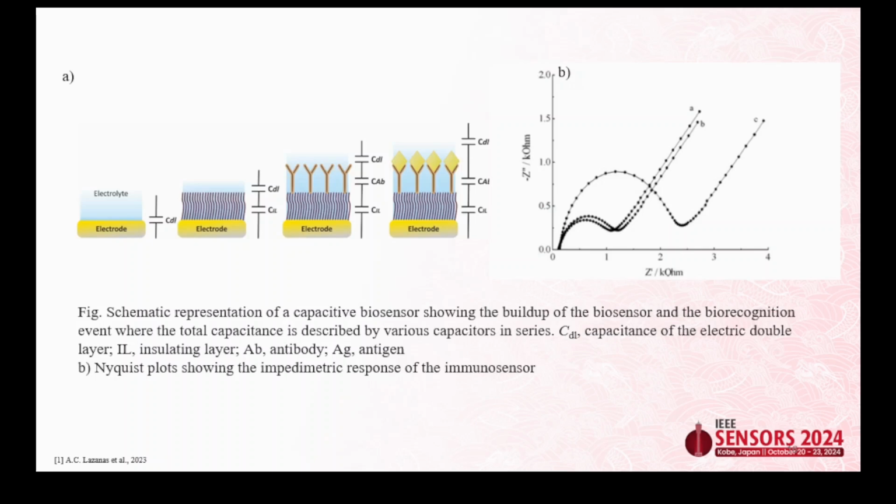That capacitance can be seen in the Nyquist plot, and when we change the concentration of the analyte in the electrolyte, there will be a shift in the Nyquist plot on the y-axis, that is the imaginary axis, which means the capacitance of that system is changing when we are changing the number